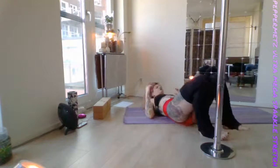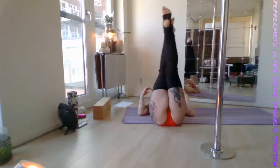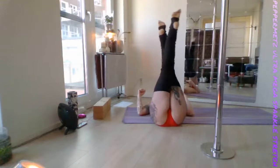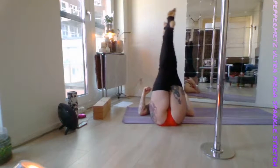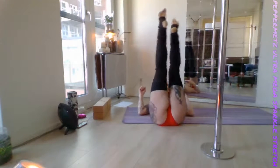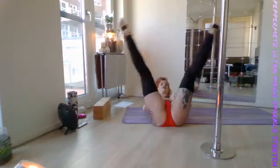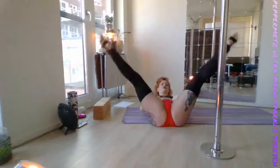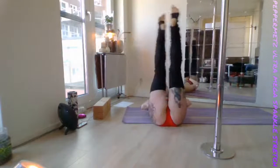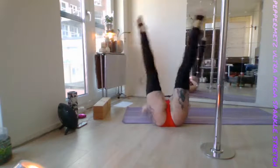Now we're going to do a little bit of active opening. So we're going to start by pointing and twisting our legs. So crossing over, cross, cross, cross, cross. 8, 7, 6, 5, 4, 3, 2. A little further open and cross. Squeeze the inside of your legs. You can put your hands on the inside and you can feel the activation of that thigh muscle. So just put your hands there and feel that little activation. Yes. 4,